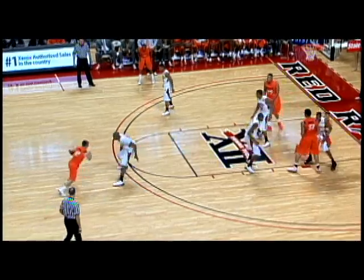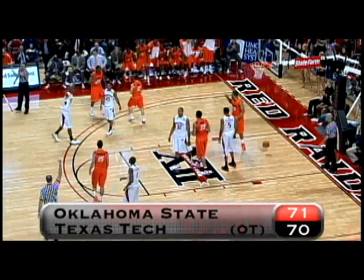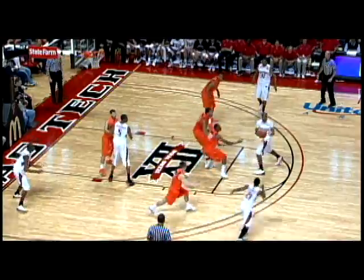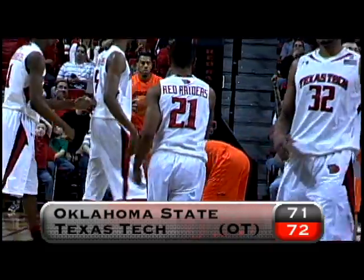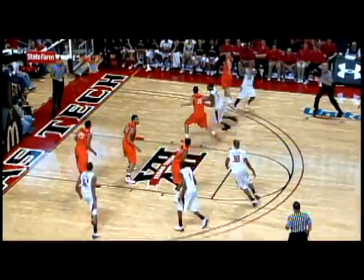State takes a 1-point lead 2 minutes into OT. Page on the dribble penetration, up and under for the bucket and the foul, 71-70 Pokes. Robertson has an answer, though. He uses the high screen and gets around the edge for the jumper from 18. Tech retakes the lead, 72-71. Then the senior is true from long range. Here he drills the 3 from the far wing. J-Rob with 5 points in the extra frame, and the Red Raiders extend their lead to 3 with under a